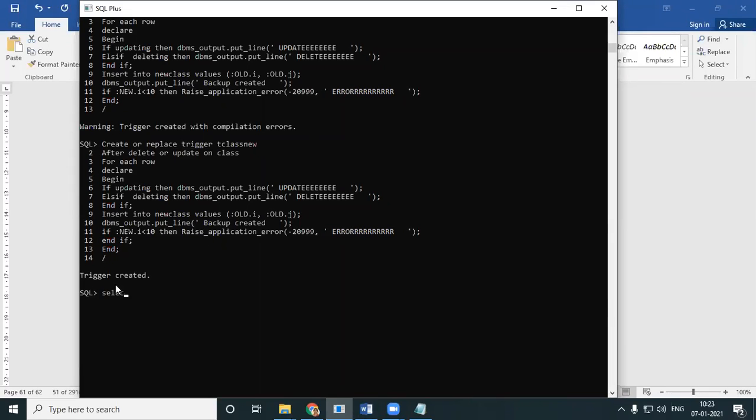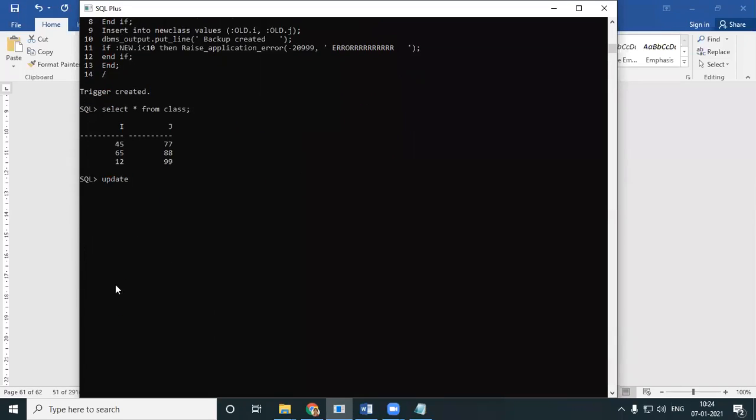Okay, so before that, let's see what's there in my table. Select star from class. Okay, I'll update class set. Now look here, I put an error: i less than 10.